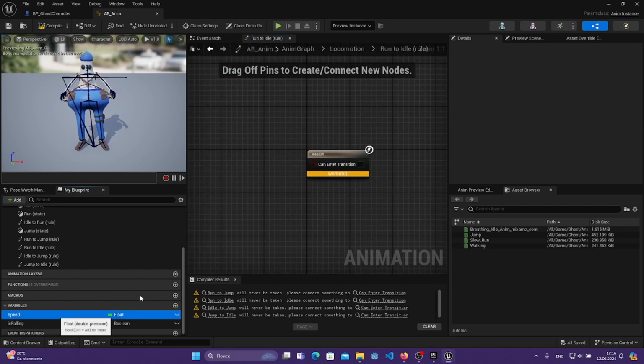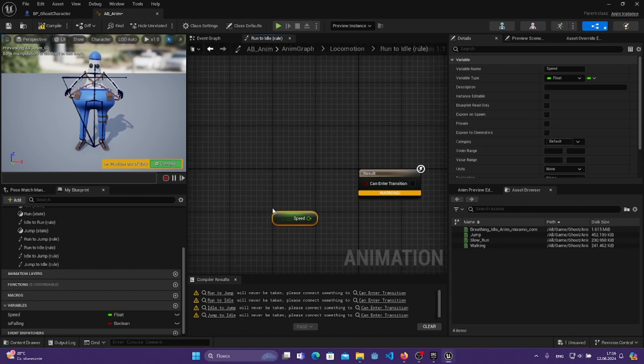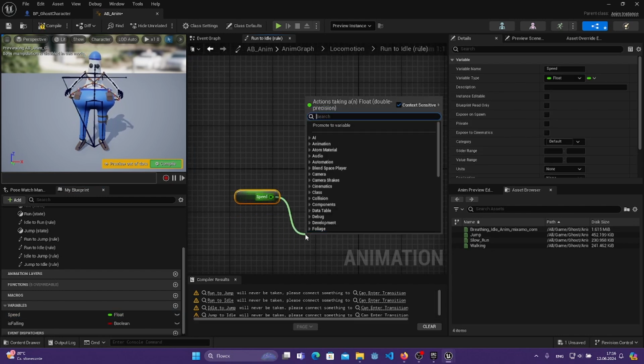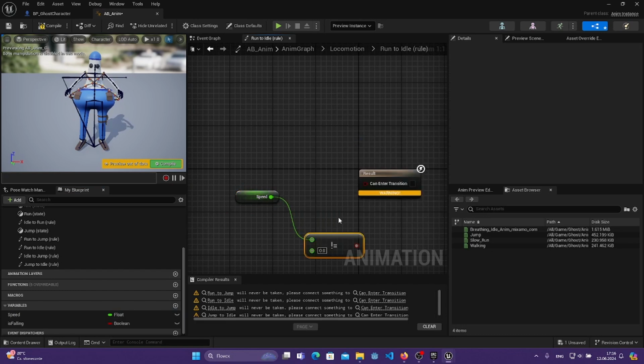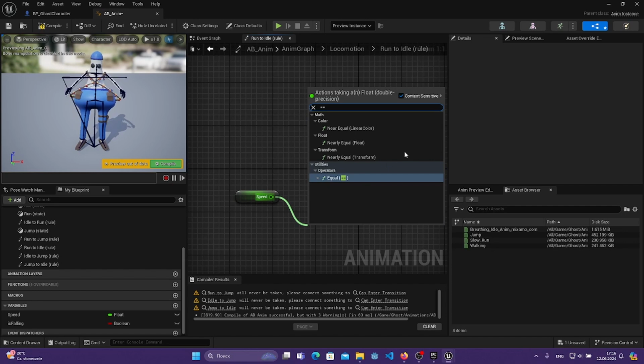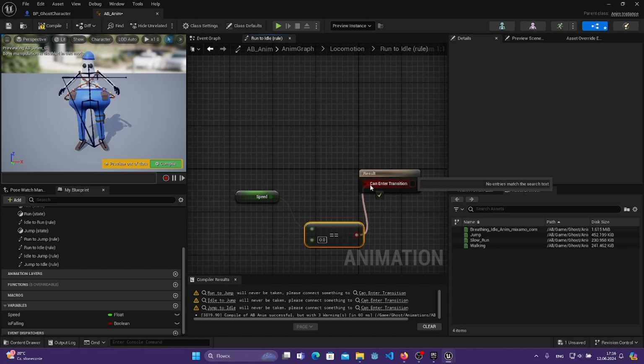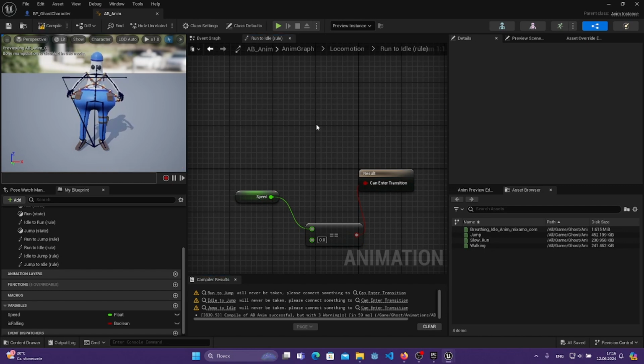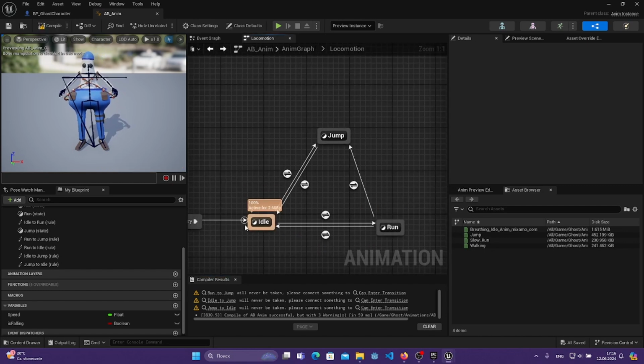Let's go here, and it will basically be the similar, but here not equals to 0, like that. No, sorry, not equals, but equals. Yeah, equals. Because if it equals to 0, that means that we stay in place and have to play idle